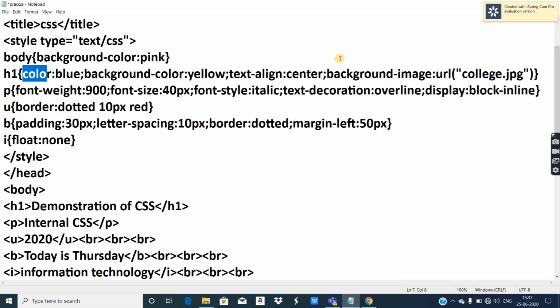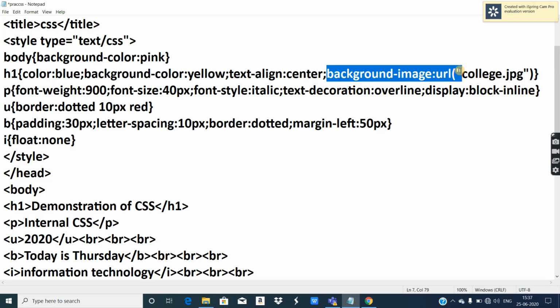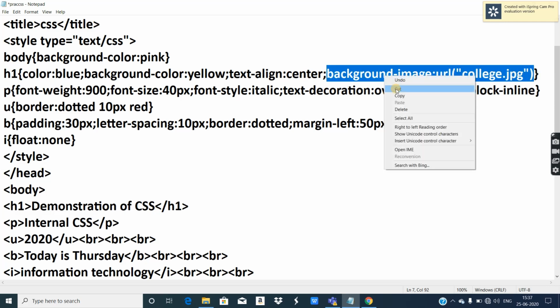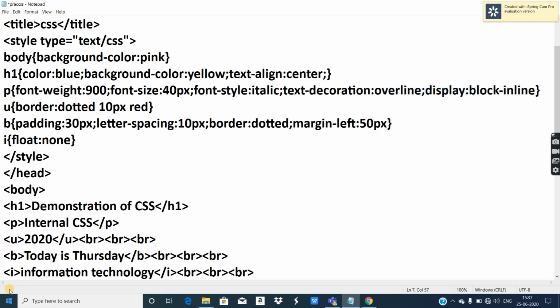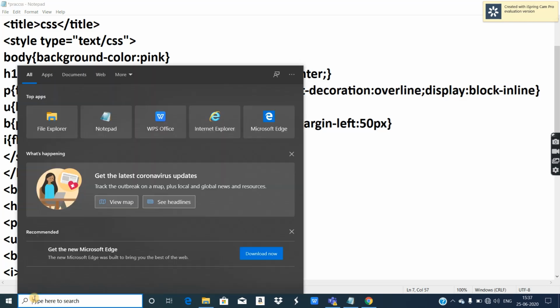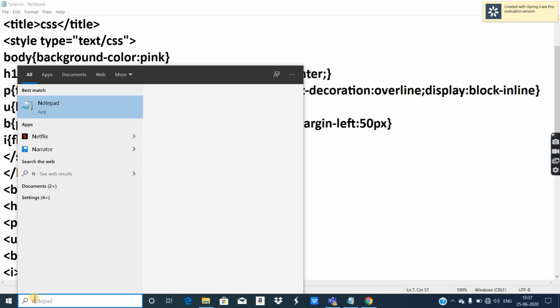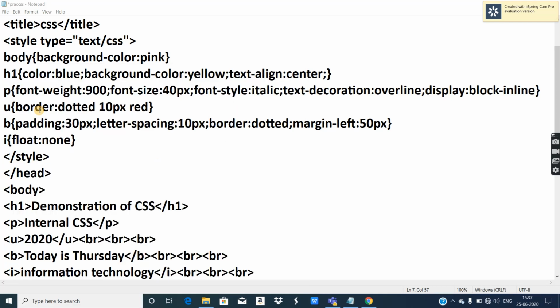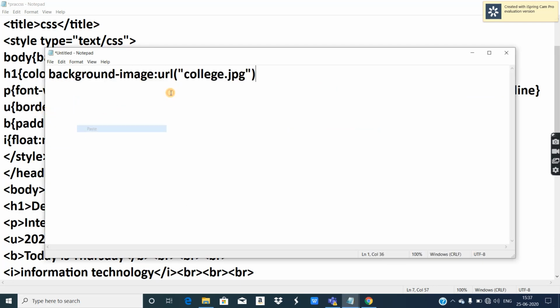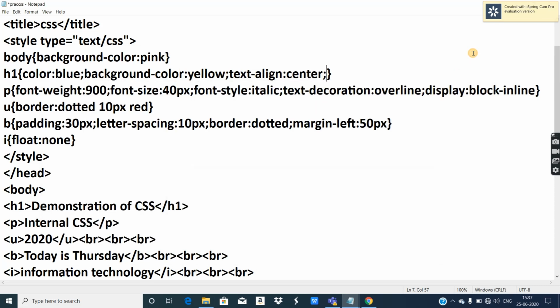Now background color is generally not seen because I have tested a background image also. So for now I'll remove this and paste this in some empty notepad, and we will see the effect of background image afterwards.